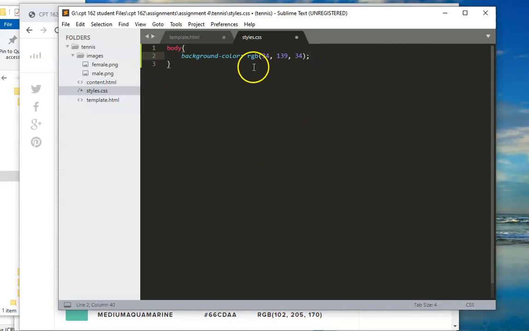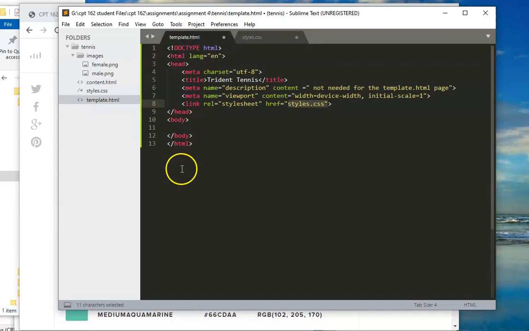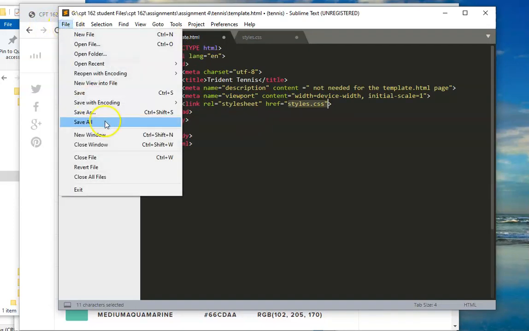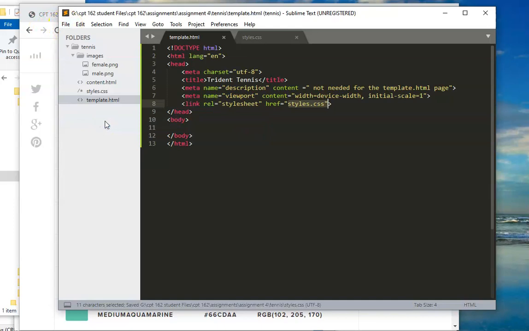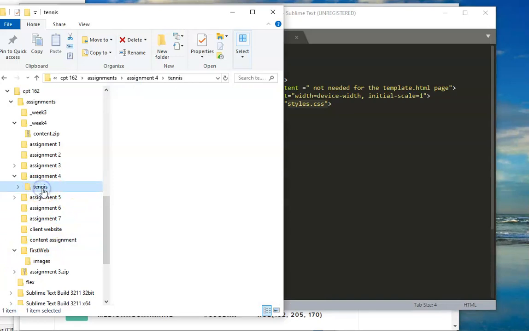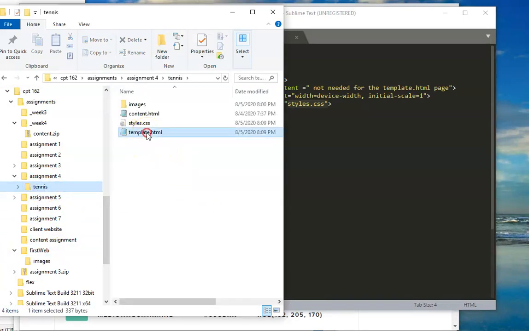All right, so now I have that background color set for the body, and I have everything set up, including a body segment here. So I'll just do File and Save All. All right, and the next thing to do is go into my tennis folder, right mouse click on my template,